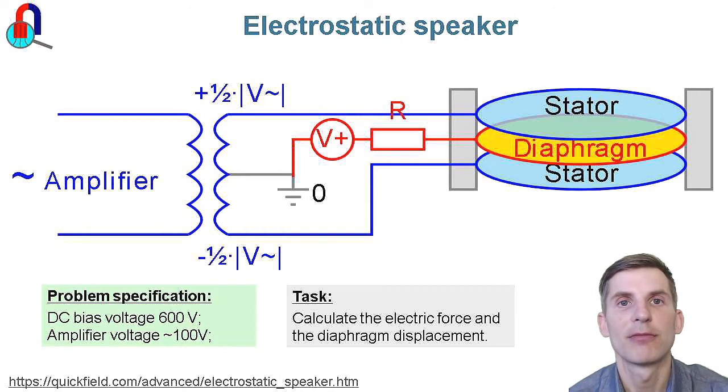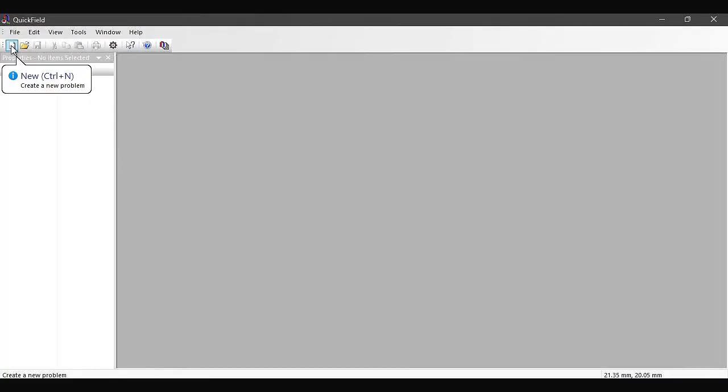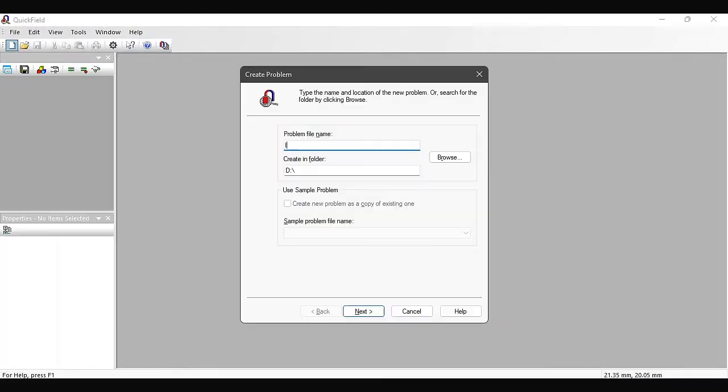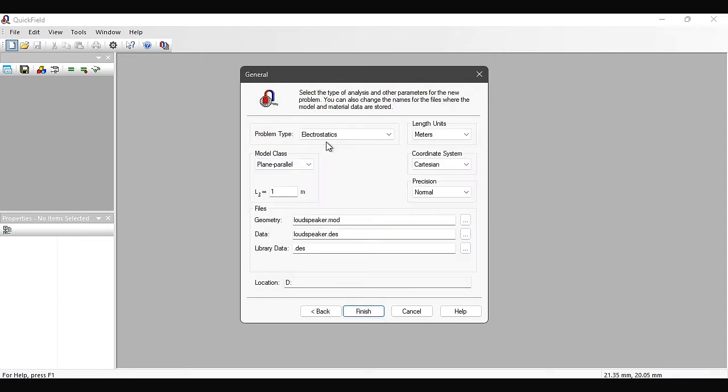Okay, let's start QuickField now. In QuickField, I create a new problem. Problem name: loudspeaker. Next. The problem type is electrostatics. Length units are millimeters. And the model class is,